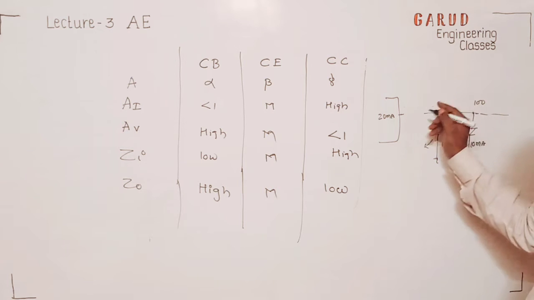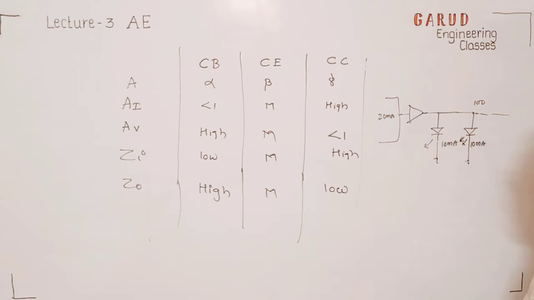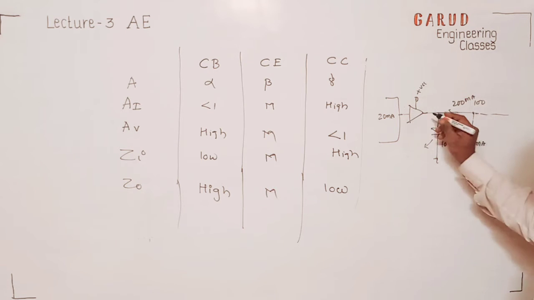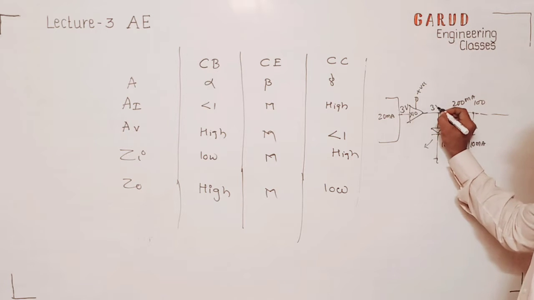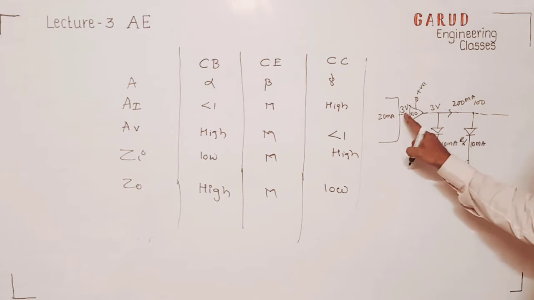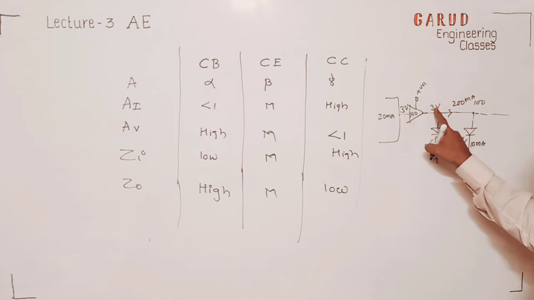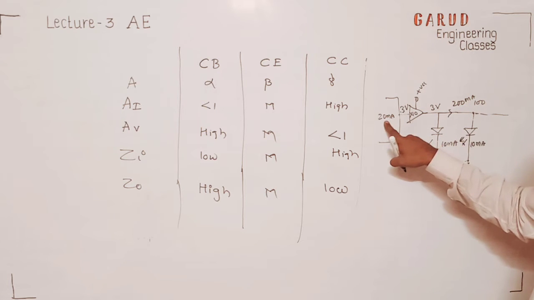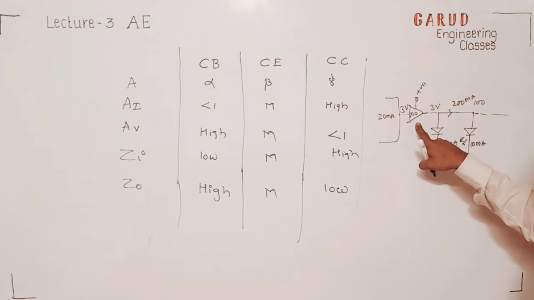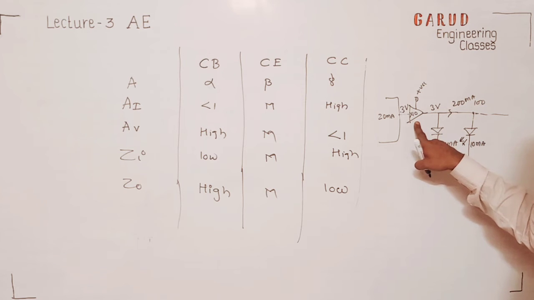For that, we will introduce a buffer. It has its own supply. It is a current amplifier. Suppose around 200 milliampere is required from this side. Yes, it will provide a multiplication of 10. Suppose the input voltage is 3 volt, then the output voltage is also 3 volt. So the voltage multiplication factor, output upon input, is close to unity. But the current multiplication factor is 200 upon 20, that is 10. So it provides excellent current amplification.